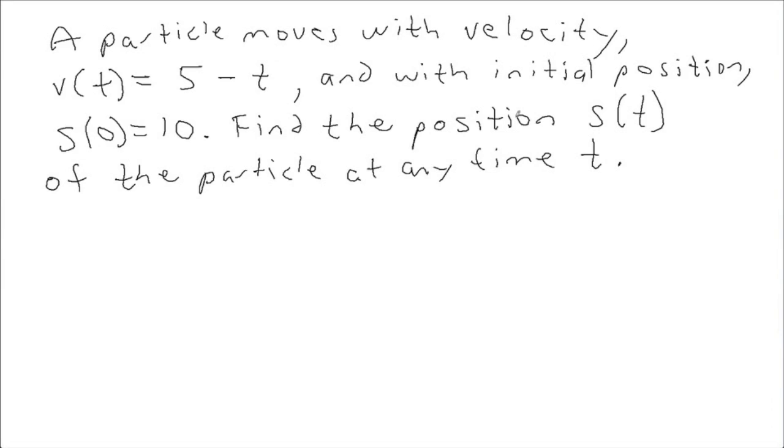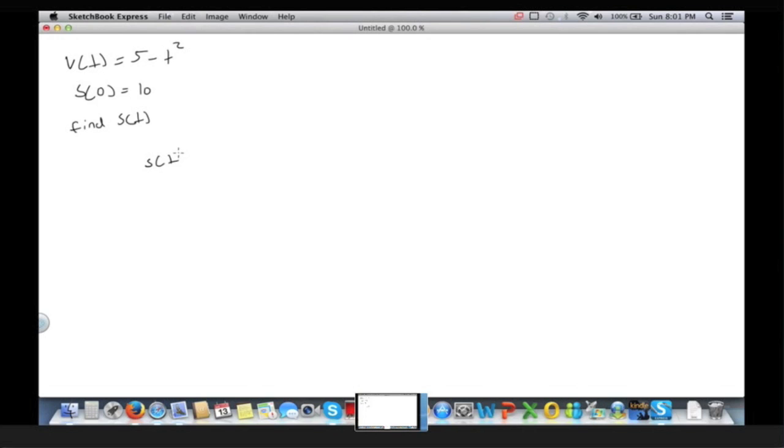Let's try this. So V of t equals 5 minus t squared, then S of t equals 5t minus